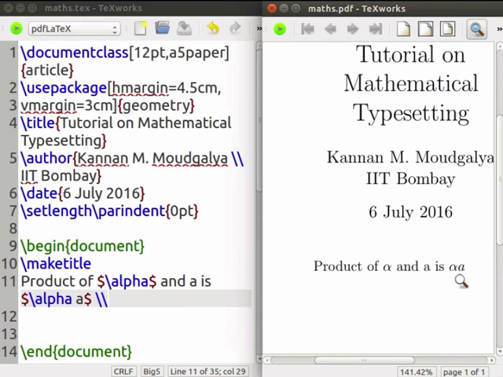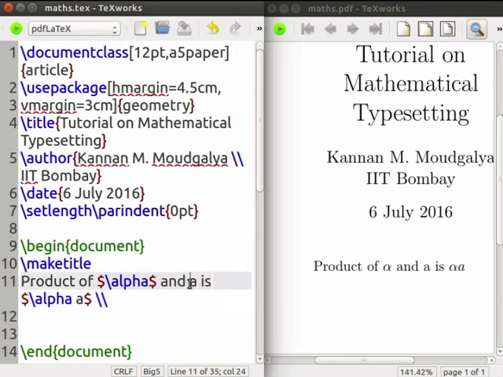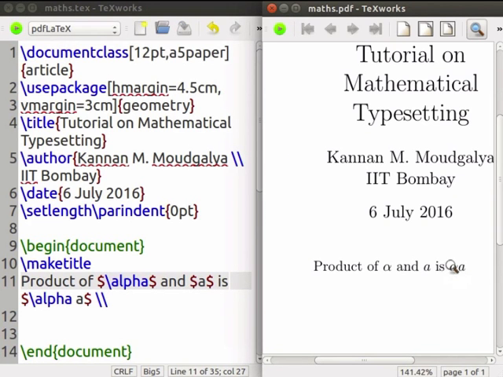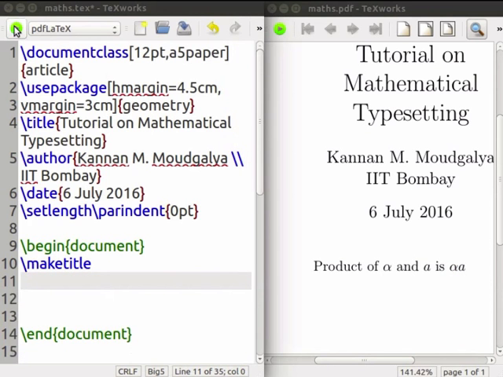This is solved by writing this A also inside dollar signs. Let me compile. Now the fonts of these two A's are identical. Not keeping the font of variables identical is a common mistake. Let us get rid of these. Let's compile.